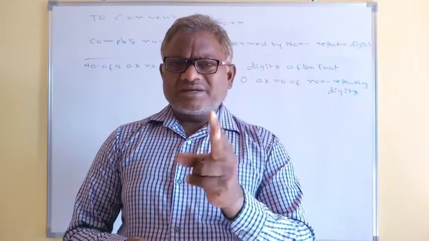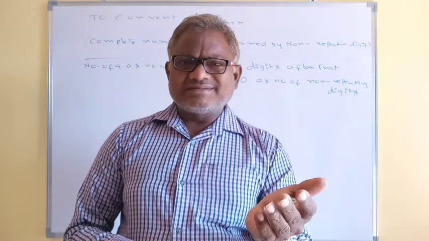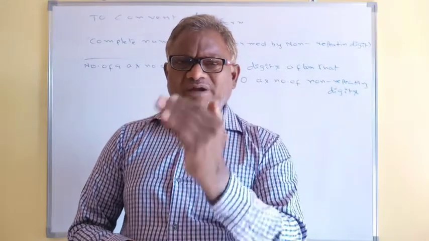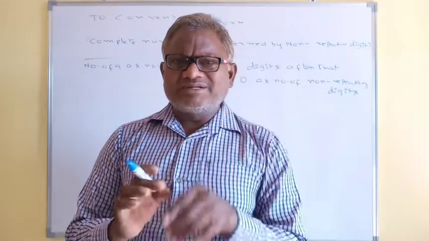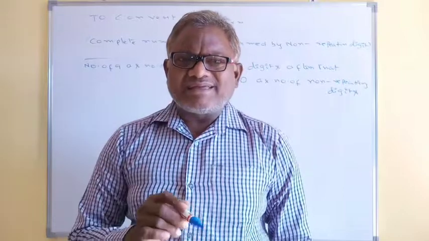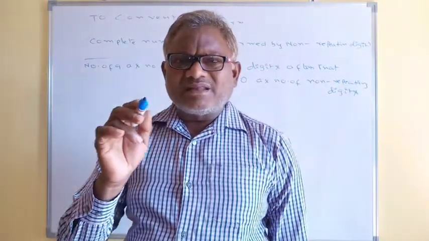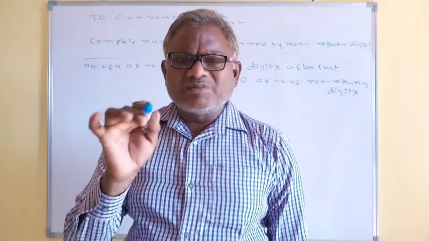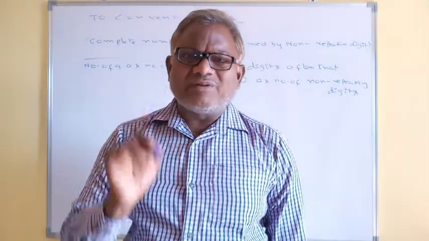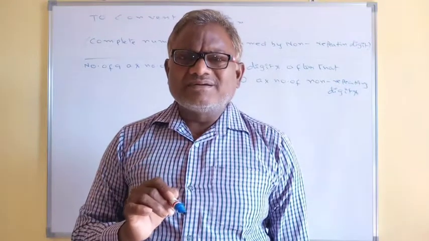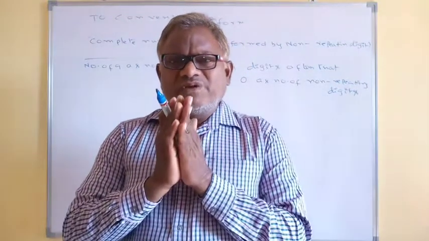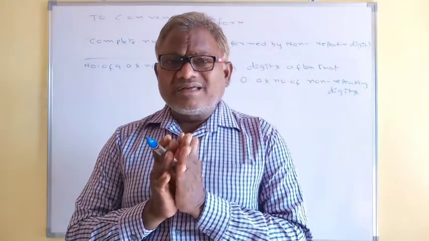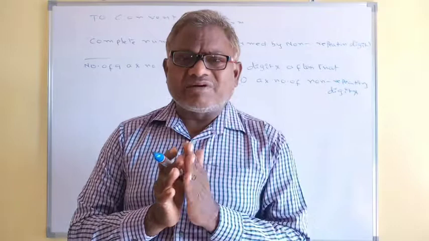Sometimes rational numbers may terminate. Suppose 1 by 2 is there. 1 by 2 means 0.5. It terminates, that means the remainder becomes 0. Whereas 1 by 3 means 0.3333, which is continuous, non-terminating. So that should be denoted by 0.3 bar. That means every rational number is either terminating or non-terminating repeating, that is, recurring.